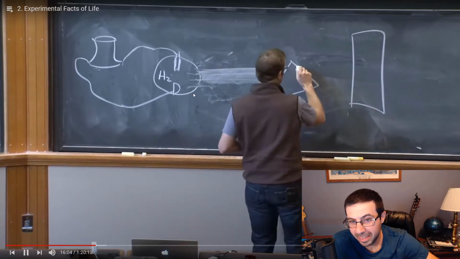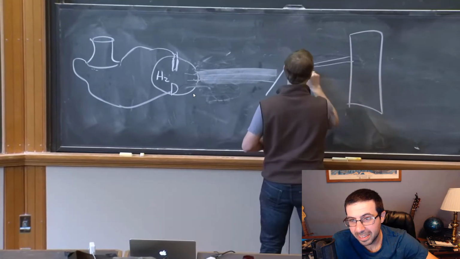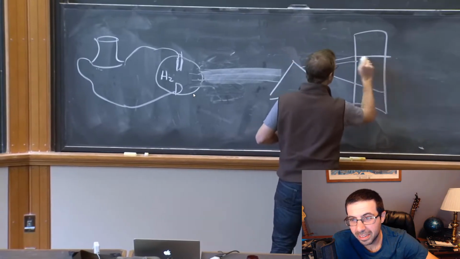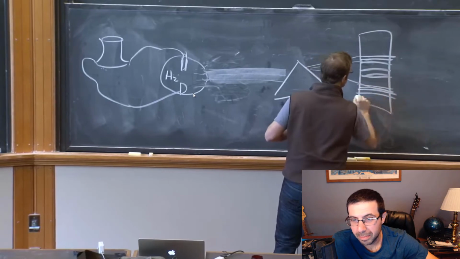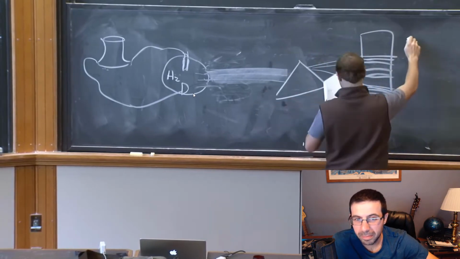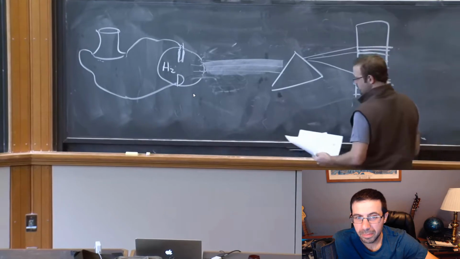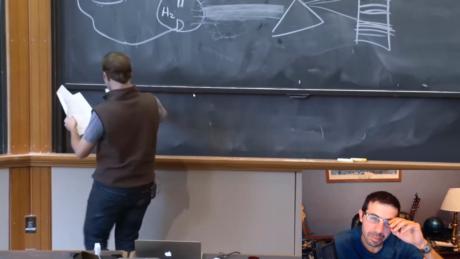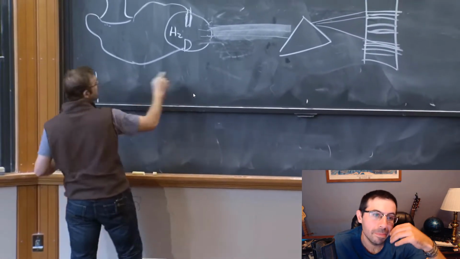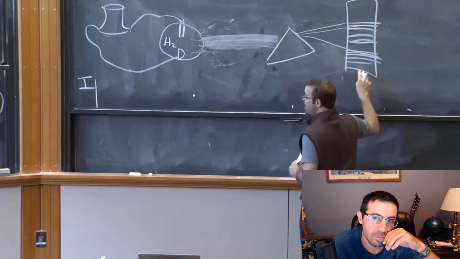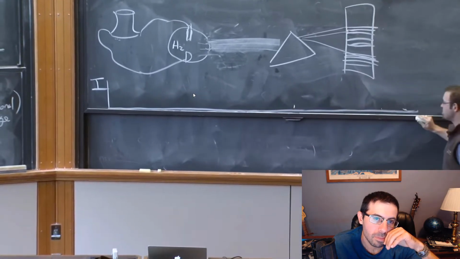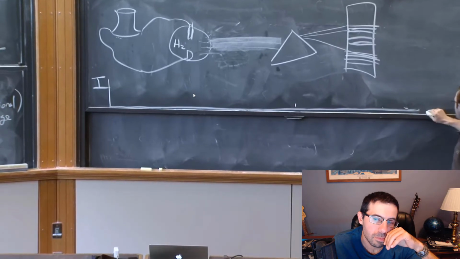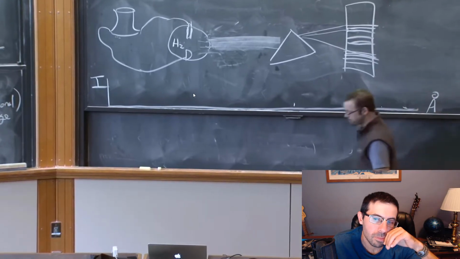Light having passed through the prism. And what you find is a very distinct set of patterns. You do not get a continuous band. In fact, what you get, I'm going to have a hard time drawing this, so let me draw it down here. I'm going to draw the intensity of the light incident on this screen, on this piece of paper. People really used to use pieces of paper for this, which is kind of awesome, as a function of the wavelength, and I'll measure it in angstroms.